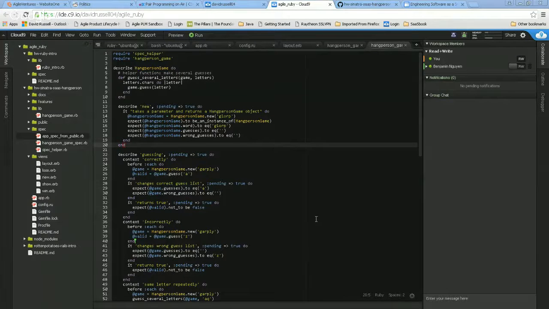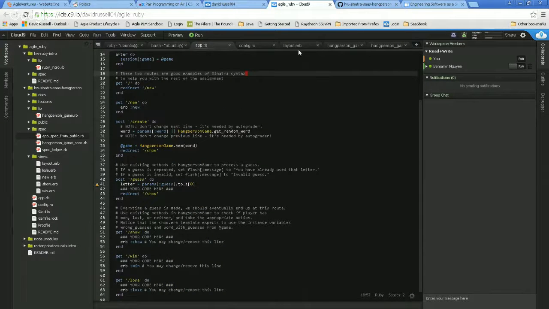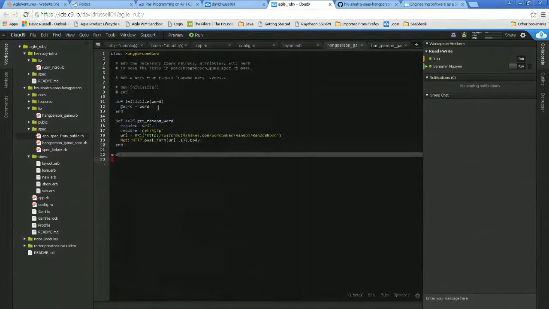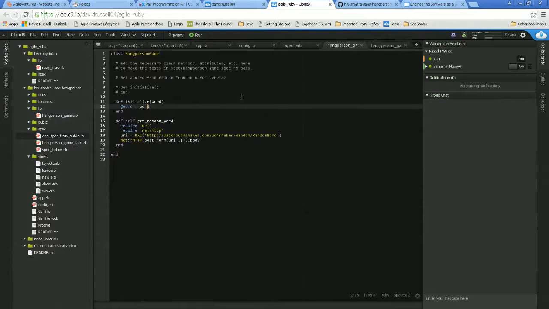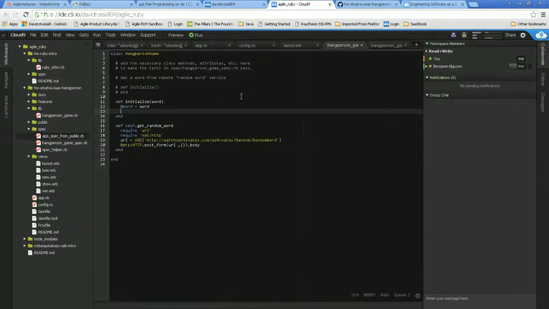All right, we're live. Cool. And I am driving, and I will jump over to the library file here and define an attribute accessor for